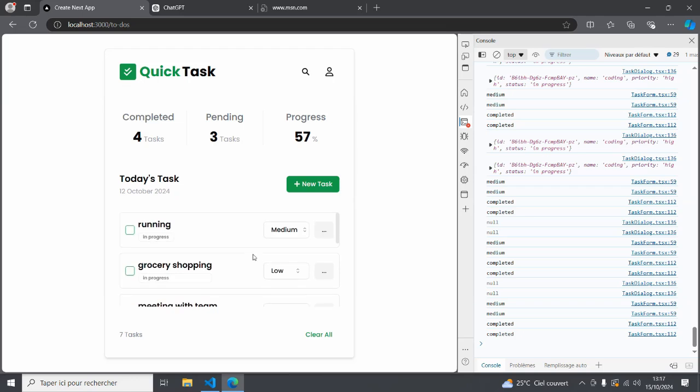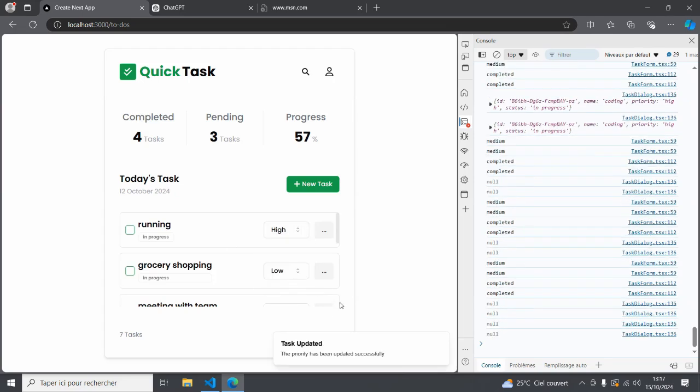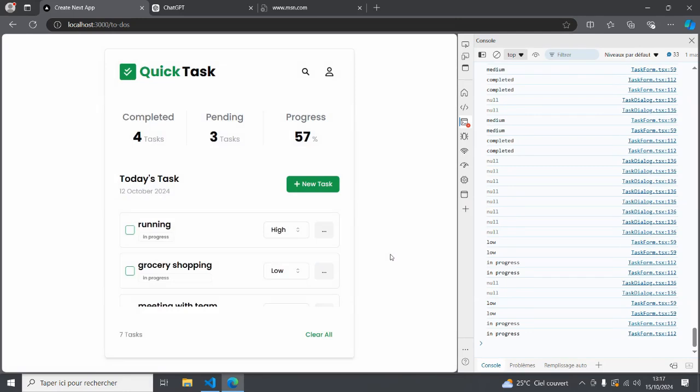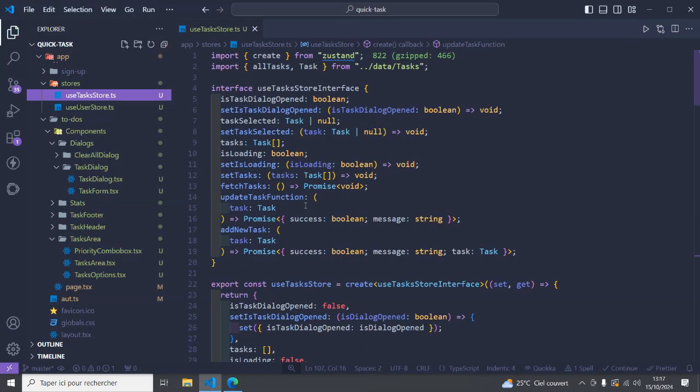And also we are able to change the actual priority just from here. So if I click on high, as you can see, we're going to have this loading state, and as well, we're going to have the notification telling us that everything went well. And also if we want to create a new task, as you can see, everything's going to be set to its default state. So let's go back to VS Code to show you all the process that I did